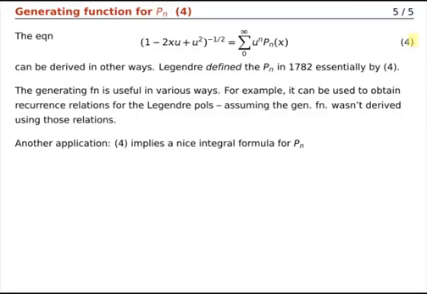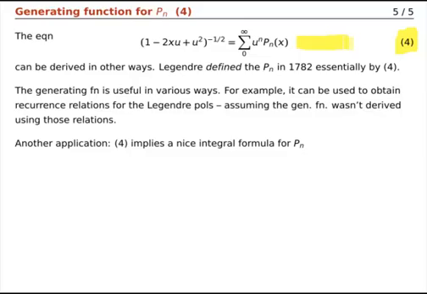And equation 4 here is useful. For instance, if, like Legendre, you do not define the Legendre polynomials by means of the differential equation, but you define it from scratch by using this formula number 4 here, then you need to be able to derive the various properties of the Legendre polynomial that in most textbooks and courses are derived